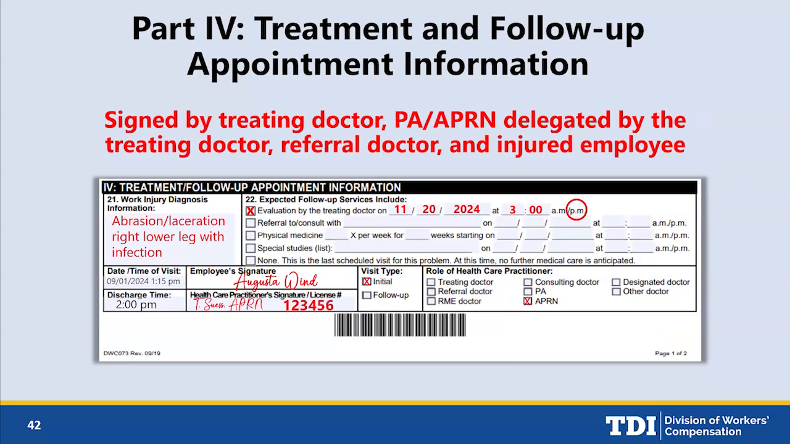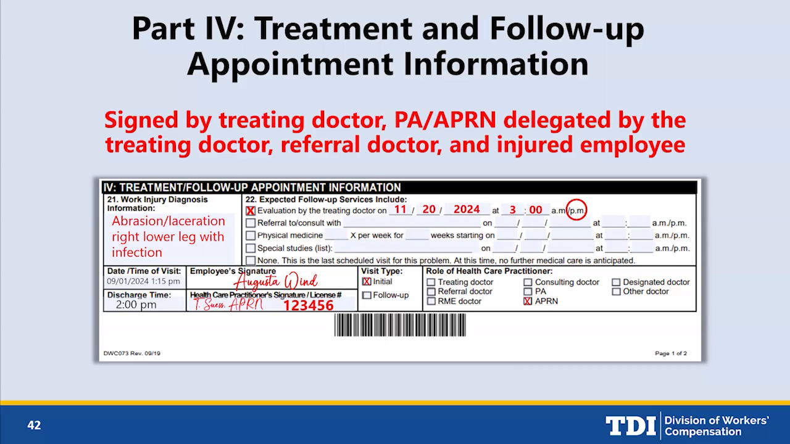The last section that you're going to be talking about is follow-up. Do they need to come back for some more appointments? This is going to help that employer know information and coordinate with the injured employee when they have to go back for more appointments. So if they have a referral or a consult on the books, maybe they're still getting physical therapy, you need to put that expected follow-up services, what they're going to include, and special attention to that